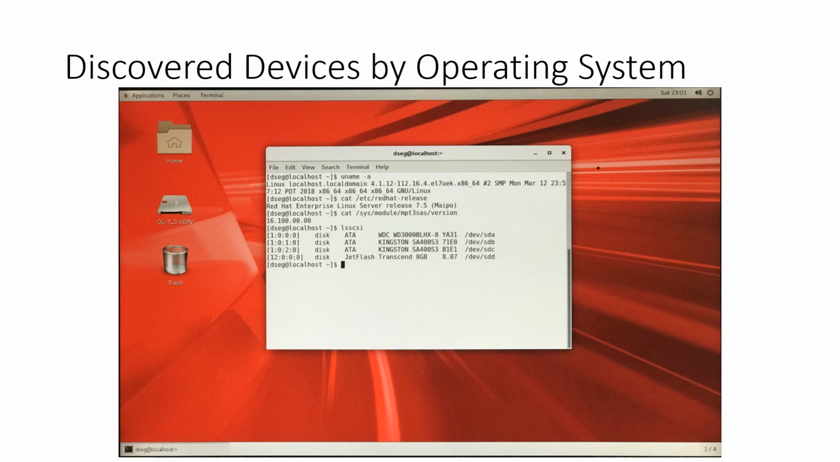Now, open a Linux terminal or a console. Type a command lsscsi and press enter. You will see the SCSI